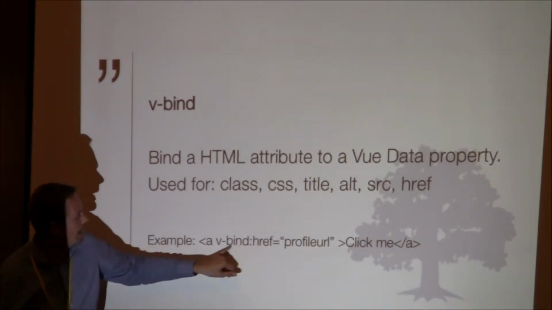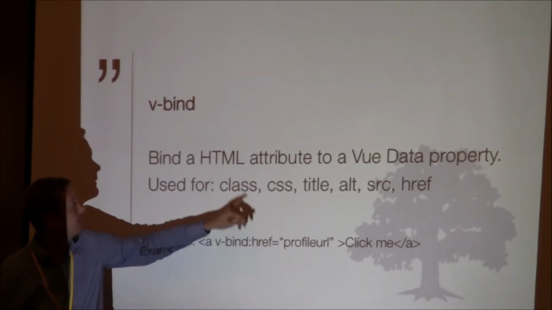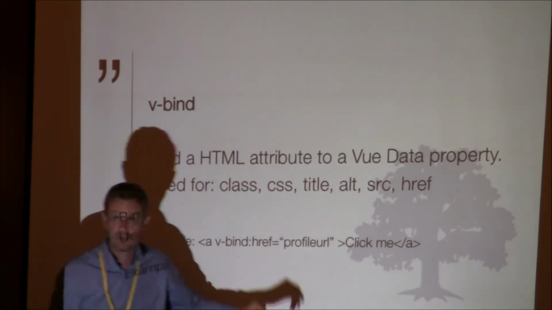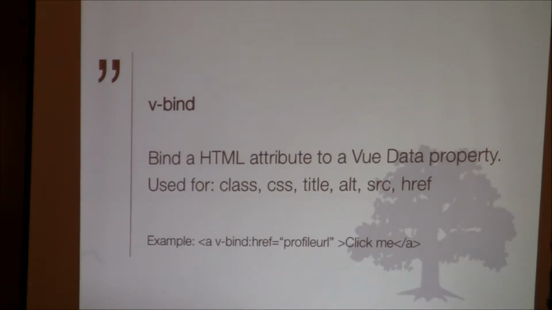And if you do the v-bind thing, combined with href, alt, class, title, or whatever, you can, at runtime, change the CSS class which is used. Or you can change the picture which should be displayed by just changing the reference or the CSS class or the picture URL in your system. So you change the data, there you have the URL the picture is getting from, and you easily do it this way and it works.